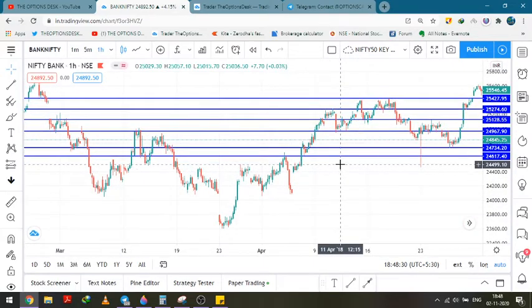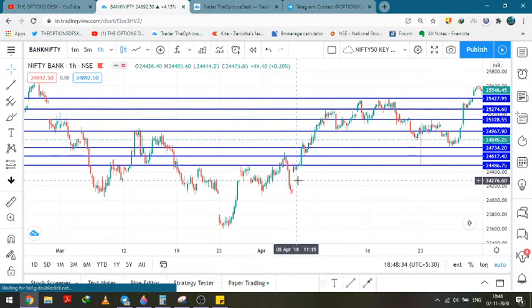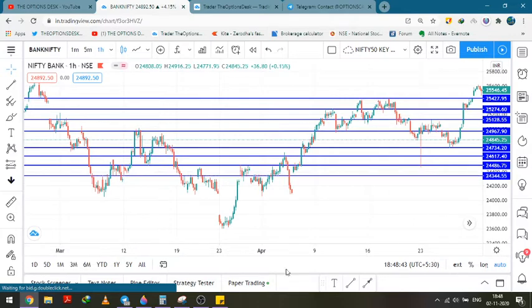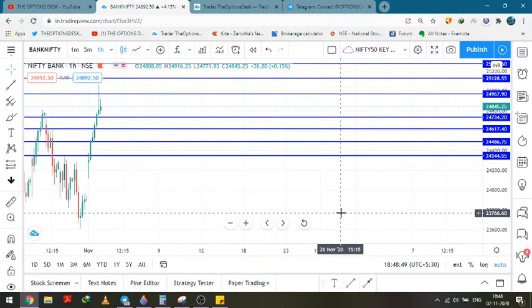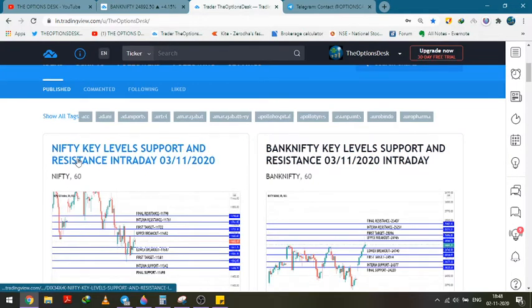Now let's mark the intraday support, somewhere around here. That is the low of this candle wick, and then resistance was faced here, again here, and then support was faced here. For the final support, you can take this particular level, around 24,344. So these are the levels marked for the Bank Nifty for tomorrow, the 3rd of November 2020. I hope all trade according to these levels,